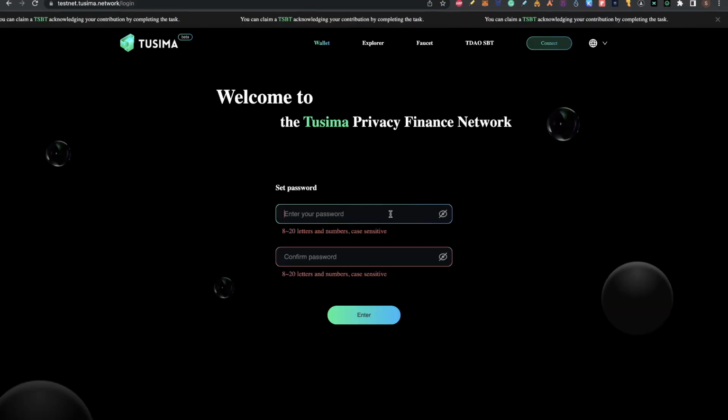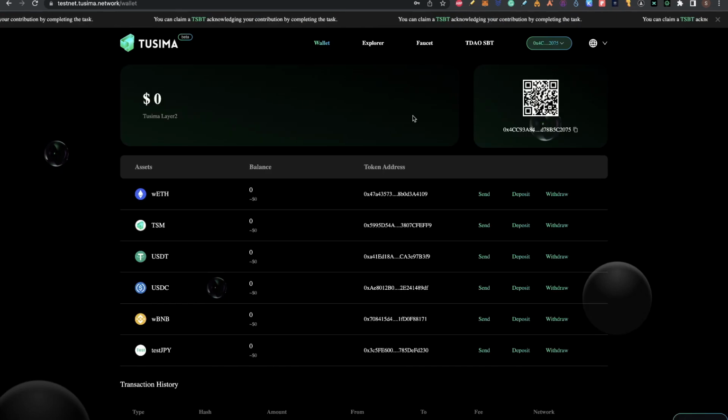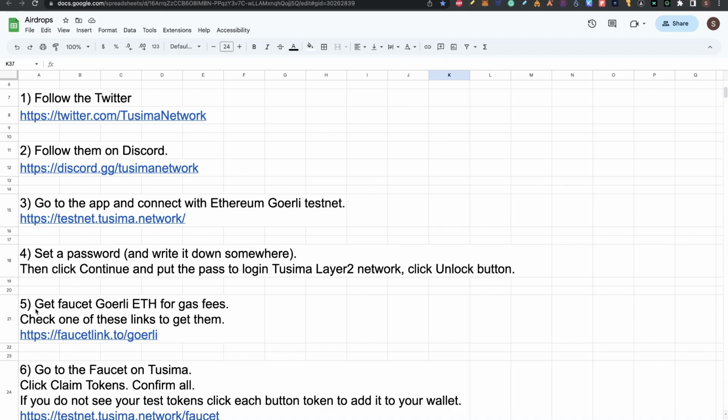We are going to put the password here. So click on enter. Now you need to put the password to log in and click unlock. And this will create your account here on Tusima the testnet. So you are logged in with your MetaMask with your Goerli network. In order to operate here, you are going to need Ethereum Goerli. To get that, you go to step 5, which is get Faucet Goerli Ethereum for gas